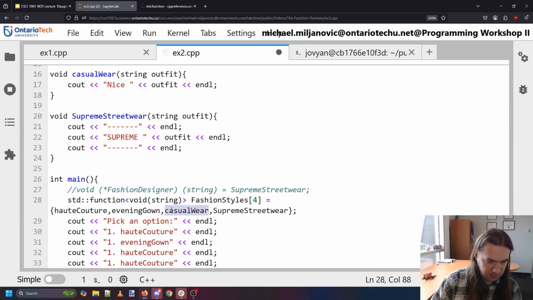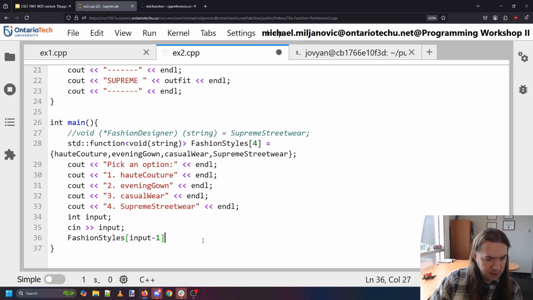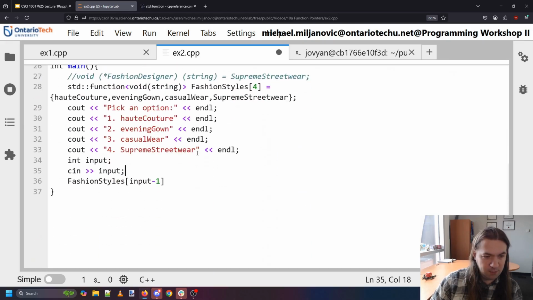So we got evening gown, casual wear, Supreme streetwear. 2, 3, 4. We'll read in their input. Input, cin input. And then what we can do is we can say fashion styles input -1, because remember, if they're typing in 1 for haute couture, then that actually should be 0. And so this gives us the function itself,